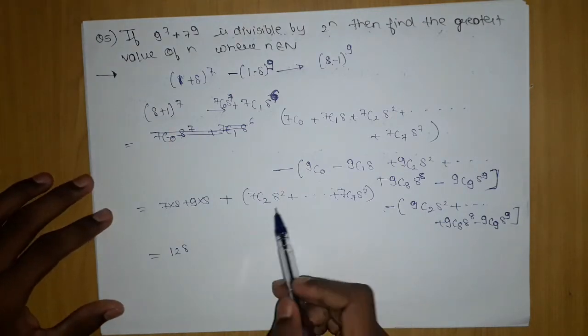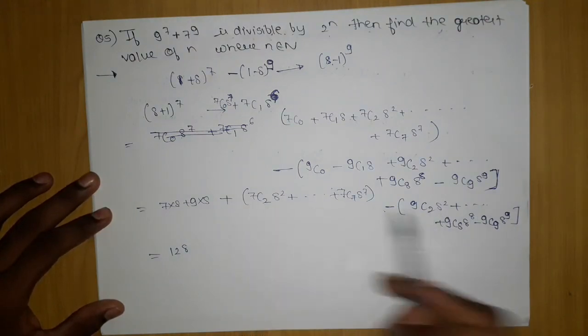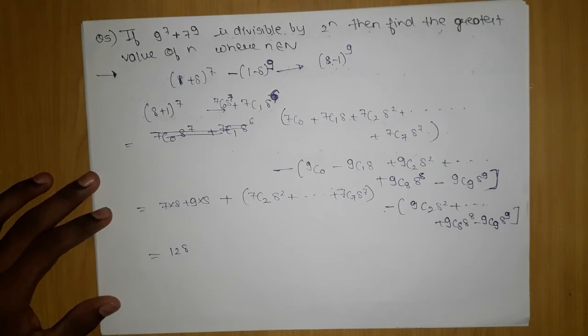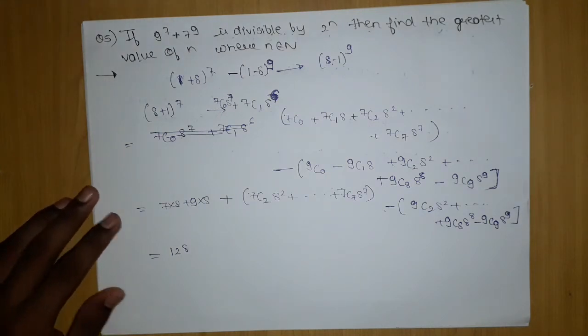Instead we know the most common possible power of 8 in both of them, it's 8 square. So let's try for 8 square, which is 64, and which appears as a 2 power: 2 power 2 is 4, 2 power 3 is 8, 2 power 4 is 16, 2 power 5 is 32, and 2 power 6 is nothing but 64. So we can clearly see that 64 is one of the possibilities.